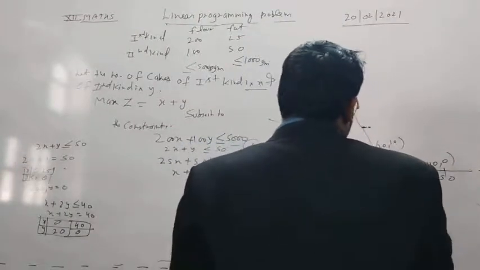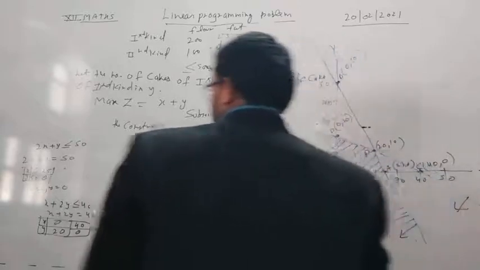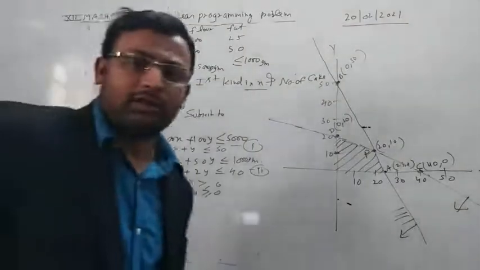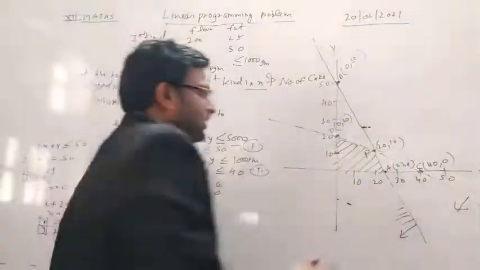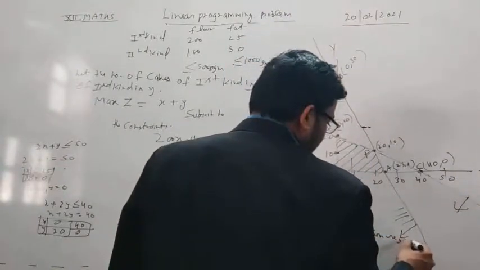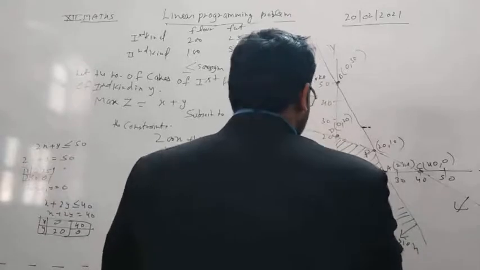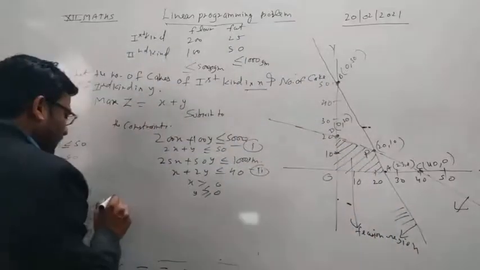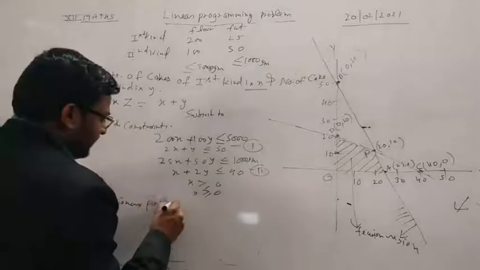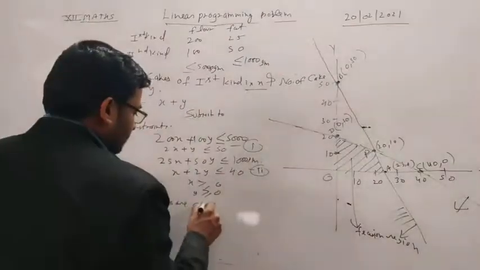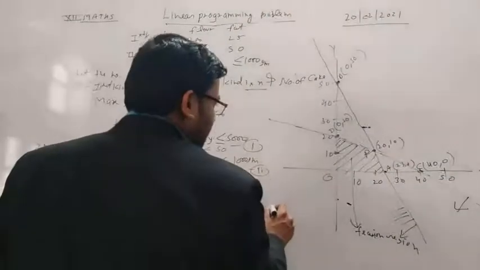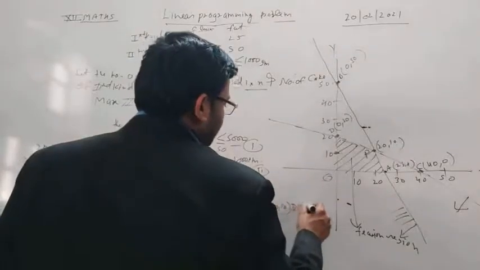And this is our feasible region, students, because for this inequality also, when we put x and y as 0, we get 0 is less than or equal to 40. So our region is inside this. This is our feasible region, students, and this region is covered by the corner points (0, 0), A which is (25, 0), P which is (20, 10), and D which is (0, 20).